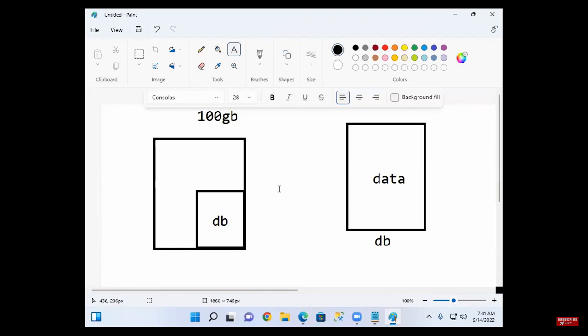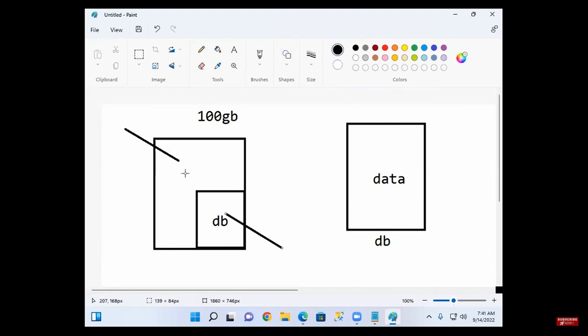It's a part of the hard disk. What is the difference? This memory is public memory and this memory is private memory. This 75 GB is public memory, but the database is private memory.